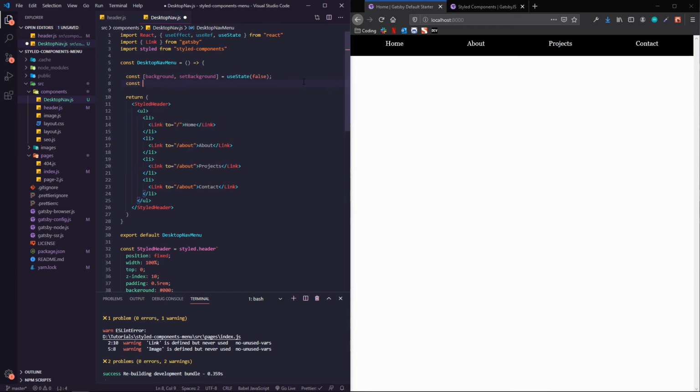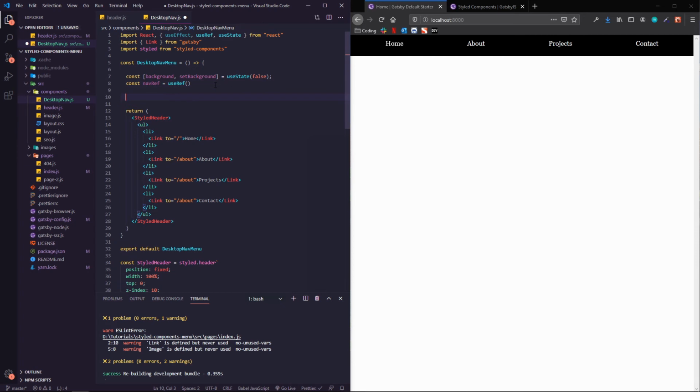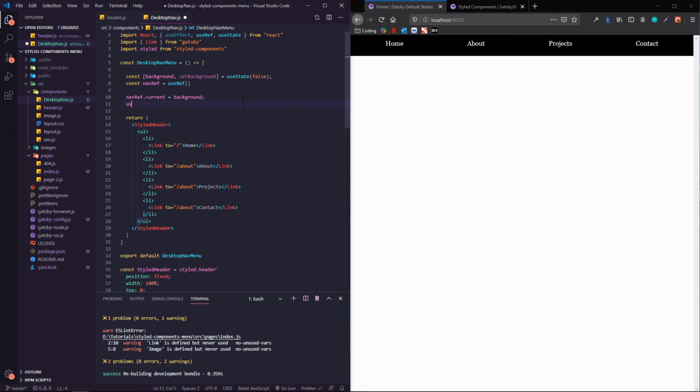And then we're going to make a reference to this item so that we can make an adjustment to it when our scroll position changes. So we'll call that navRef as a reference to our navigation, and we'll call useRef on it. Then we'll set the current property of navRef. So navRef.current equals background. So it equals false currently. And then we'll use effect